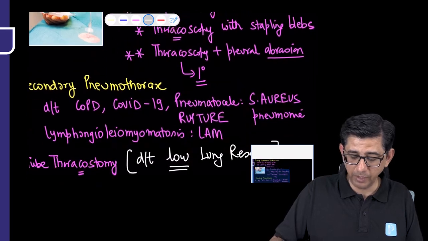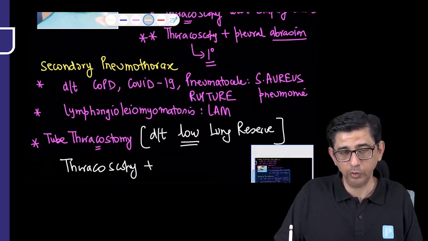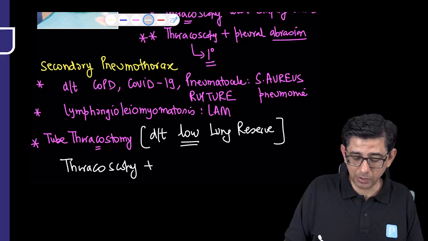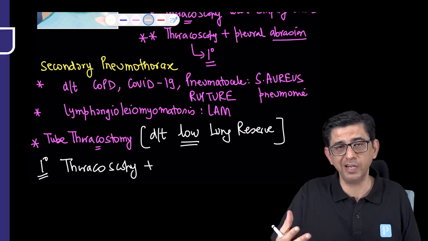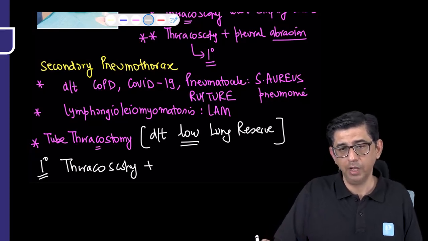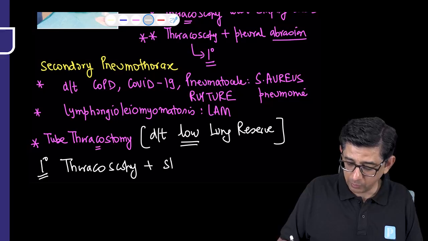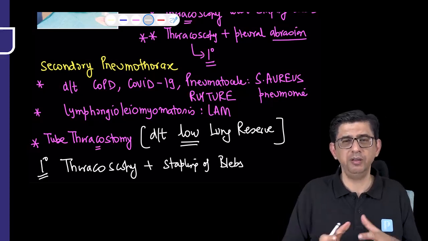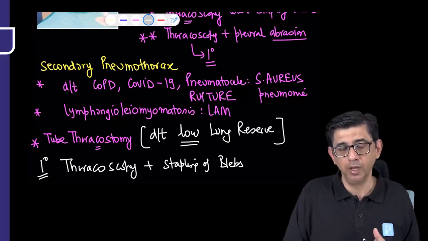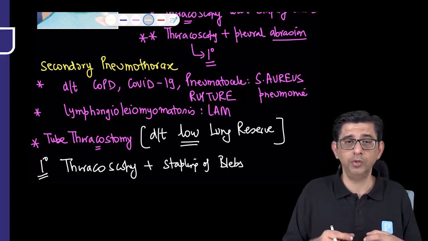And then, as I explained, for treatment, it is with thoracostomy, but thoracoscopy means that you're sending in a camera. That would be video assisted thoracoscopy, VATS. And along with this, we'll be doing stapling of the blebs, and that is going to be preventing. In fact, COPD is responsible for creation. If you listen to the emphysema video, it will become much more clear to you that a guy who's smoking